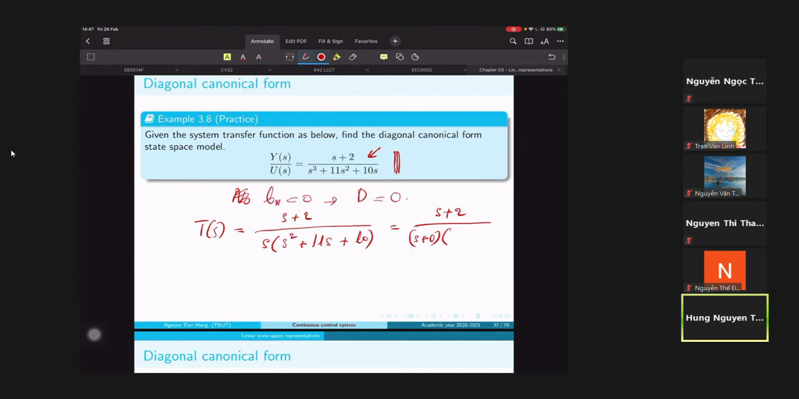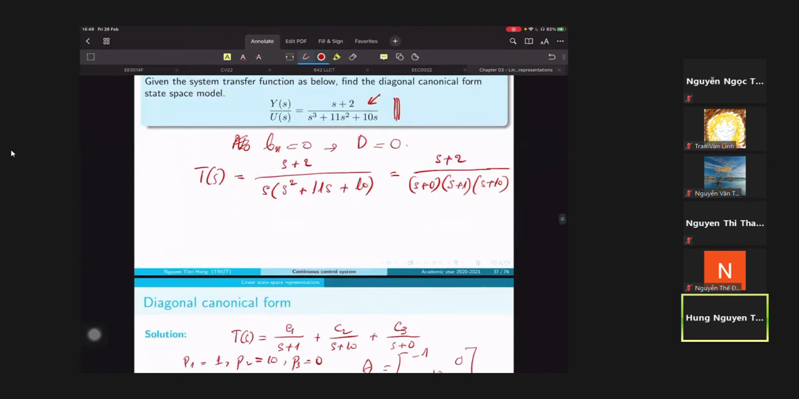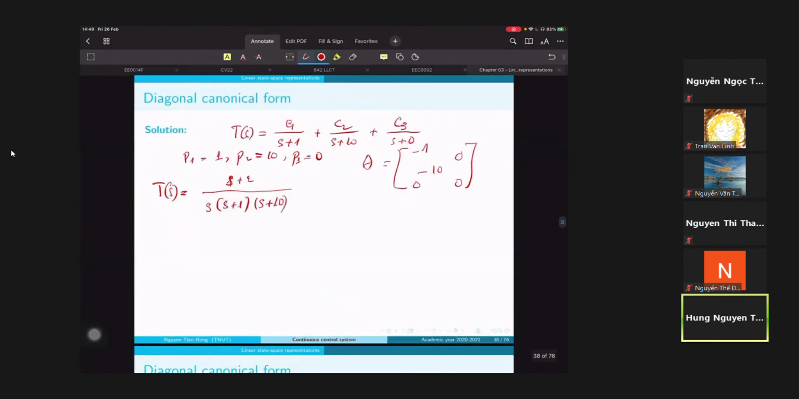I would like to emphasize that we got a pole, in this case, at 0. So here inside we got s plus 1 and s plus 10. Okay, so we have 3 poles. And in this case, we will write this form: C1 divided by s plus 0, plus C2 divided by s plus 1, and C3 divided by s plus 10. We got a similar answer because we will see that